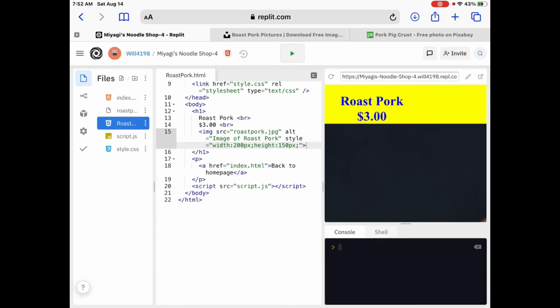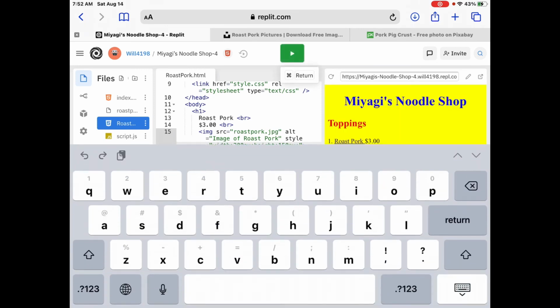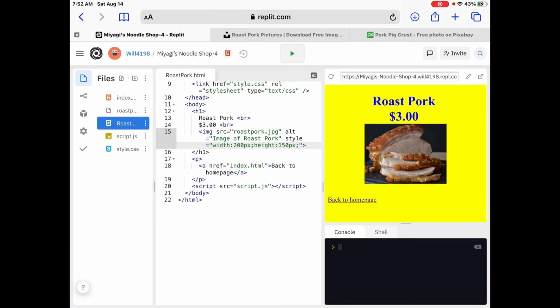So we got image of roast pork. We added the style equals quotation, width colon 200 px semicolon, height colon 150 px semicolon, end quotation, and then let's end that there. So let's hit run, and let's hit roast pork. Wow, perfect. How about that? Roast pork, $3. That looks delicious. Okay, so that's how you would get an image